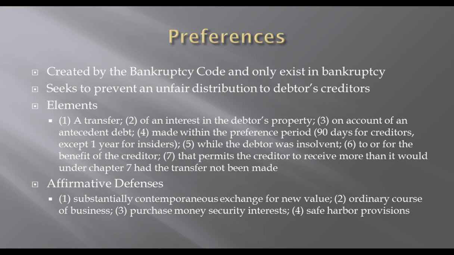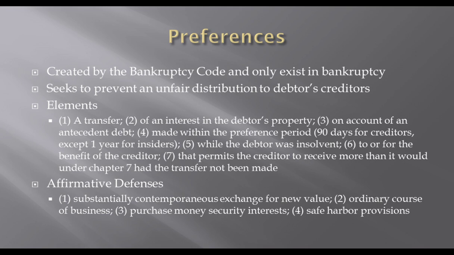That's essentially a payment at the exact same time as you receive the goods. There's an ordinary course of business defense, meaning that the payment was made pursuant to the customary terms and how the debtor and creditor operated prior to the bankruptcy filing. So it was just consistent. For example, if the debtor paid the creditor on every invoice that it received every 15 days, and the payments that were made within the 90 days were consistent with the payment in 15 days from receipt of the invoice, then that would be a defense, because that would be in the ordinary course of business between those parties, and